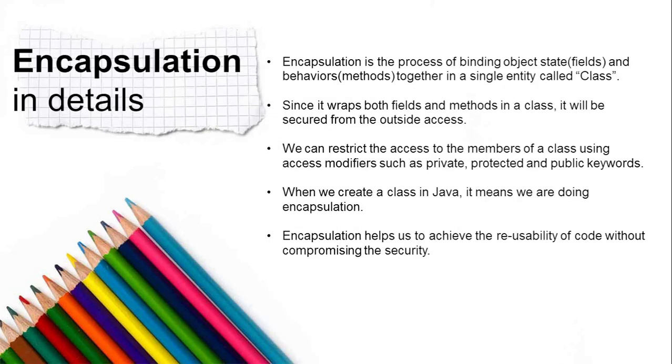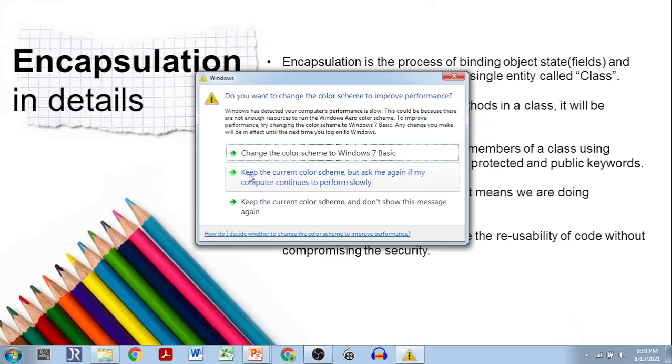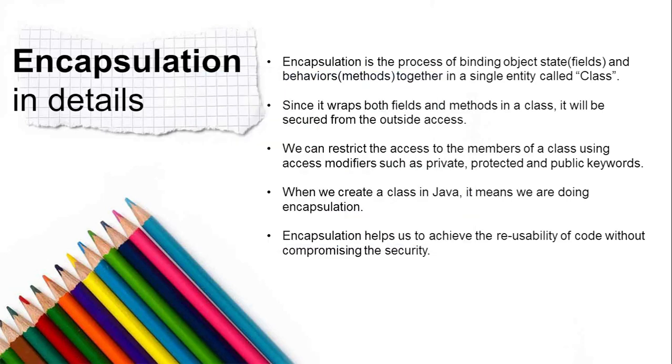Now we'll see encapsulation, the fourth feature. Encapsulation means binding what? The object state and behavior. That is, the fields and methods are bound together in a single entity, which is known as the most popular thing in Java, that is a class. Why am I saying it's the most popular? Because in the first program of Java itself, you have to see the class. A class and a main method will be available in each and every Java program. Otherwise, the Java program won't run. A class and a main method are mandatory for every Java program.